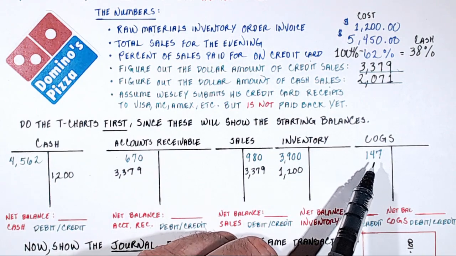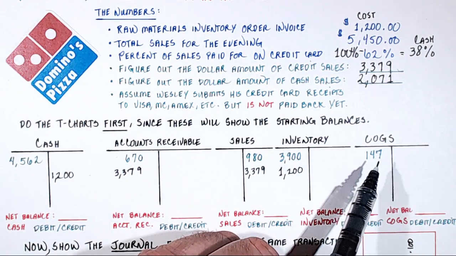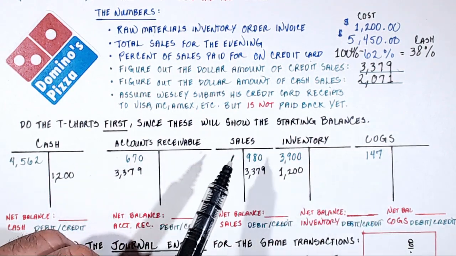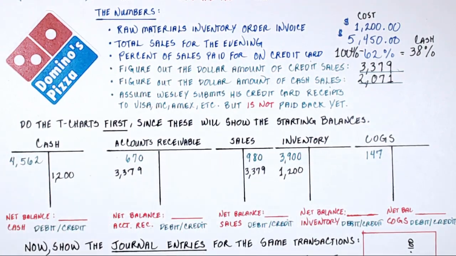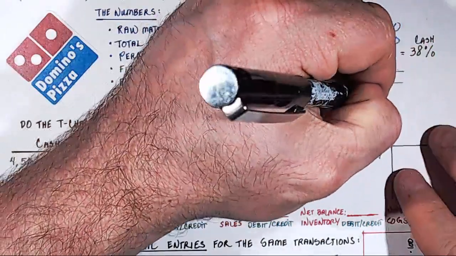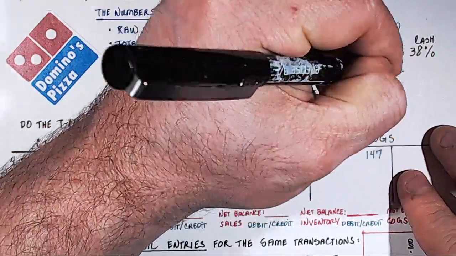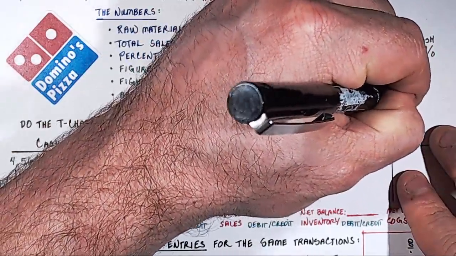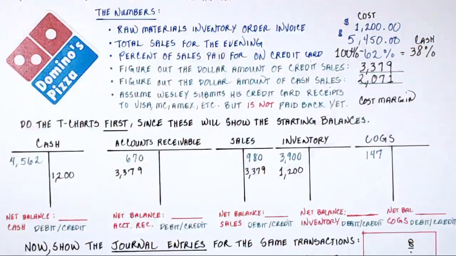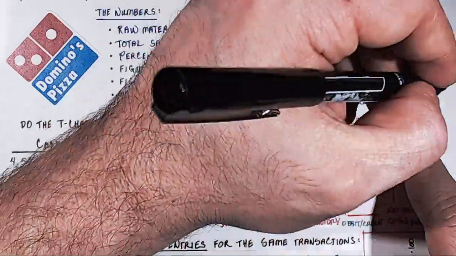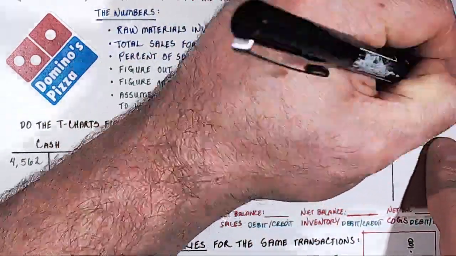The cost of goods sold starting balance is going to be necessary for us to find out what the cost is on the inventory. So I want to know the cost margin. This is going to be a percent. If you multiply the sales by this percent, you'll get the cost of sales. So the cost margin is equal to